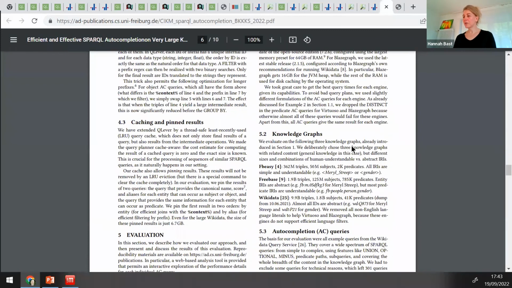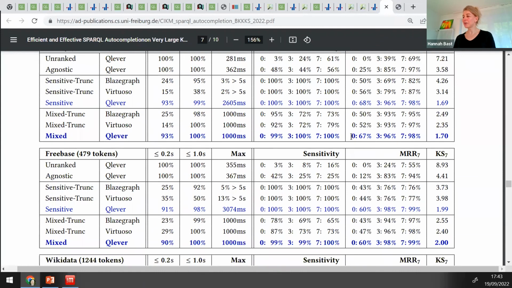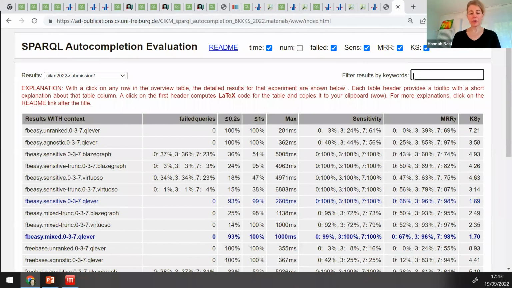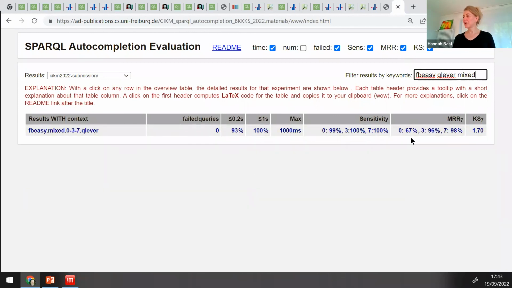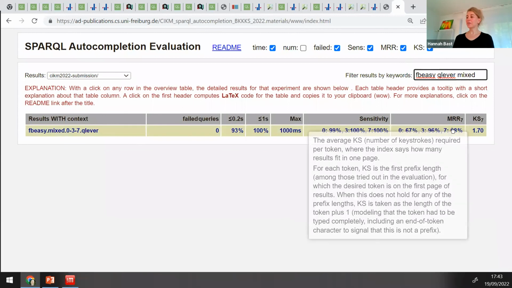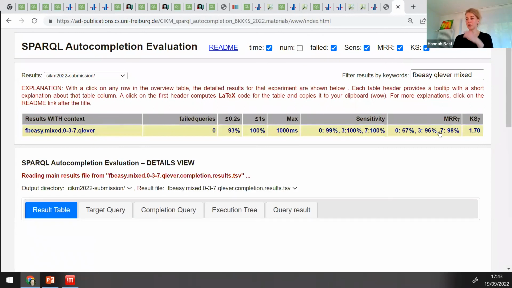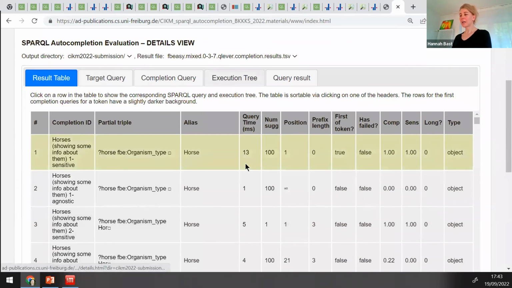Okay, this is about the auto-completion MRR, some numbers, we don't have to understand them, just remember these numbers, 67, 96, 98, 67. This was one row in the table, 67, 96, 98. So these are the numbers from the table, the exact numbers, just in an interactive way. So I can click in here, I see the actual queries. I can click on a query. I can see what happened for that query. I can see the